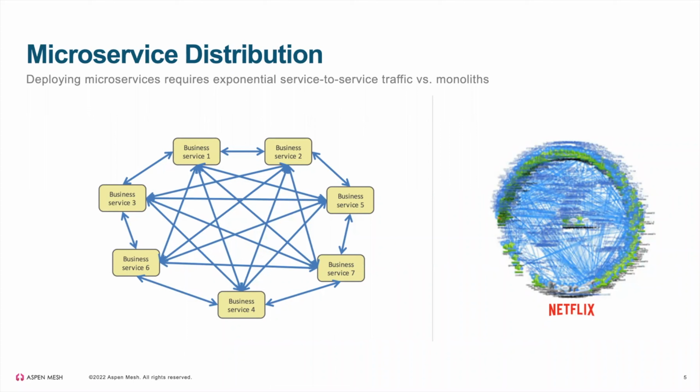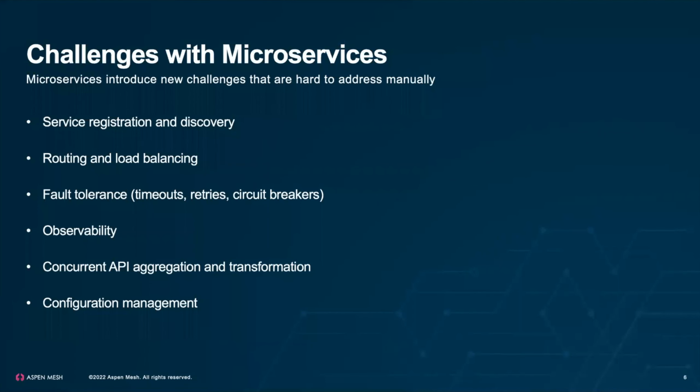Now, this is a very simple system; 7 microservices is probably a very small application. On the right, just for comparison's sake, this is Netflix's call graph. Now that's the other extreme. Most organizations are going to be somewhere in the middle, but obviously you can see the complexity in both examples, and they still have a lot of network complexity. So this introduction of all these network calls and communication introduces a lot of new challenges that historically development teams haven't really had to deal with in the past.